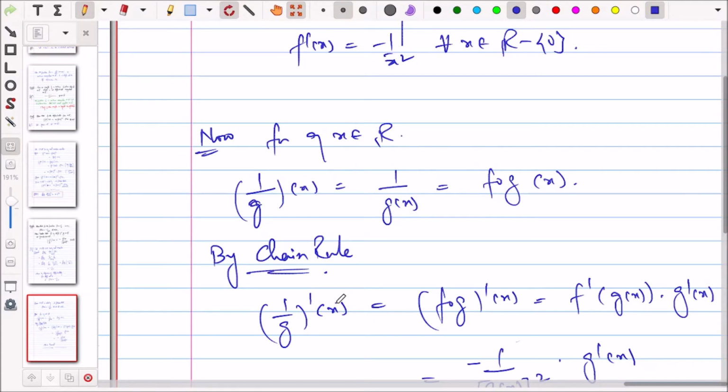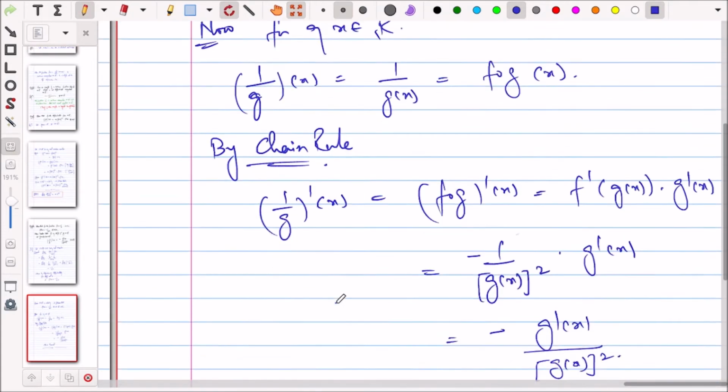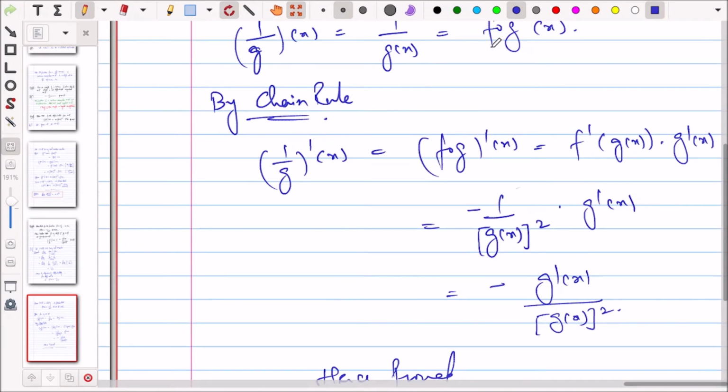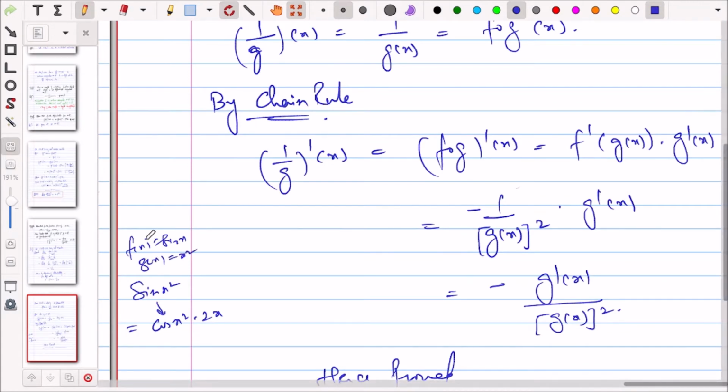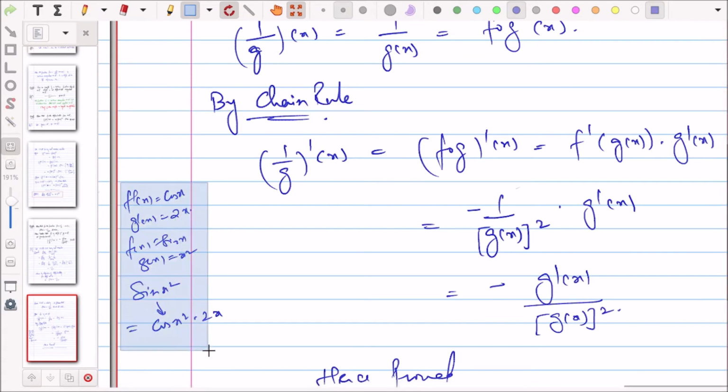You have to use two functions. चेन रूल लगाने के लिए ये कॉम्पोजिशन ऑफ टू फंक्शन दिखाना है पहले, देन यू अप्लाई चेन रूल। ऐसे नहीं कि डायरेक्ट जैसे हम sin x स्क्वायर का डेरिवेटिव कर रहे हों, तो जस्ट यू हैव अप्लाइड कि ये cos x स्क्वायर इनटू 2x हो जाएगा, इस तरह से नहीं करना है। ठीक है, यू फर्स्ट टेक टू फंक्शंस, f x इक्वल टू sin x लो, g x इक्वल टू x स्क्वायर लो, फिर इसका डेरिवेटिव बताओ कि f dash x विल बी इक्वल टू cos x एंड g dash x विल बी इक्वल टू 2x, और फिर ये चेन रूल अप्लाई करो। ठीक है, इस तरह से करना है, डायरेक्ट नहीं करना है।